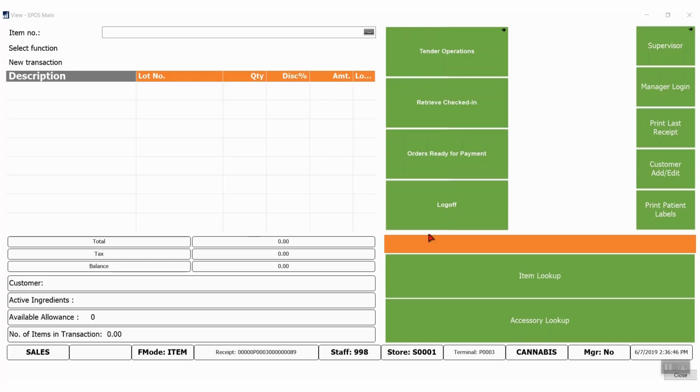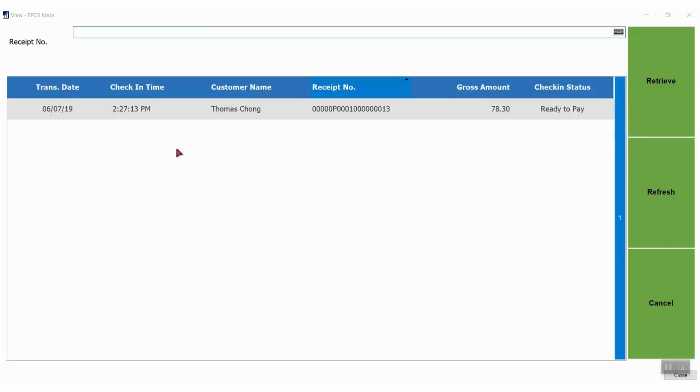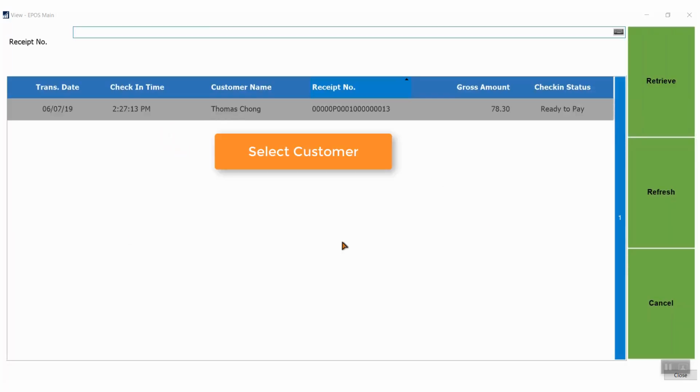In this segment, we're going to pick up a customer that has been sent to payment from the fulfillment station. So previously we were in the fulfillment station, adding the lot number to the order and fulfilling the order, and then sending back to payment to finalize the sale. So from the main POS screen, we're going to select orders ready for payment. We're going to find our customer, select our customer, and click retrieve,